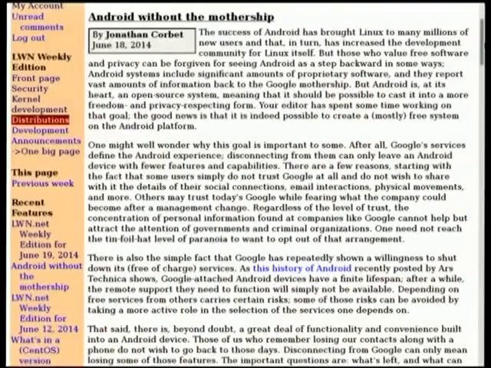Welcome back. This story is one that's close to Jonathan's heart: Android without the mothership. So this is very much using a spin of Android, which is Linux in a certain sense, but doing it without having to connect up to the Google Cloud services. There are many reasons for doing this, and Jonathan certainly has probably more philosophical reasons than a lot of people would.